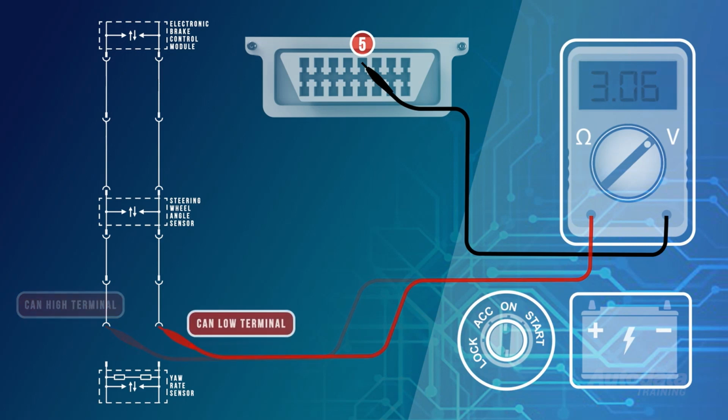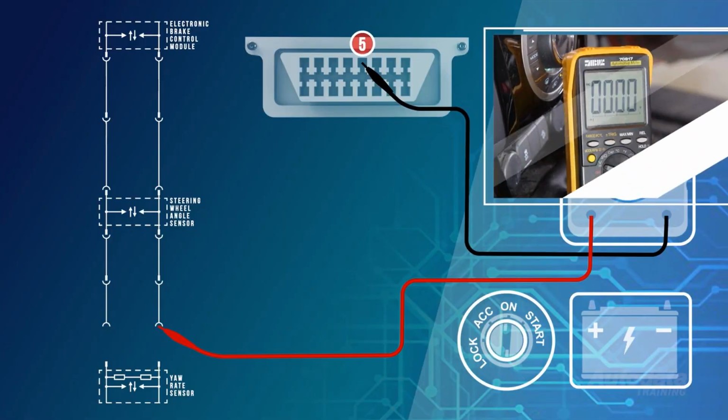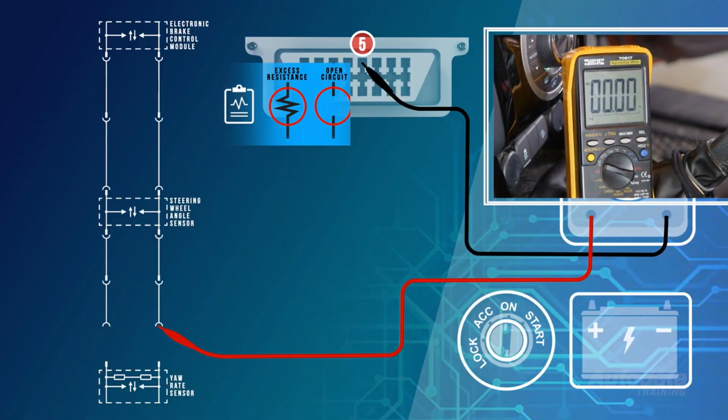Now, move the red lead to the CAN low terminal within the harness connector. Between 1.5 and 2.5 volts should be displayed. If we've proved ignition supply, ground and communication circuits to the sensor are okay, the fault must be within the yaw rate sensor. If the meter displayed 0 volts when testing the serial data circuit, there may be an open